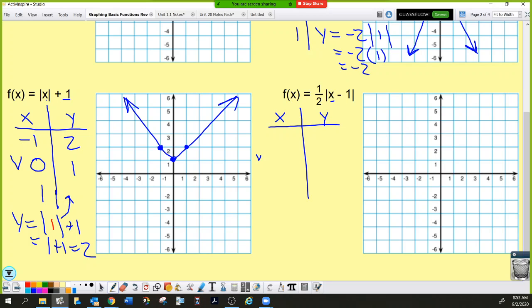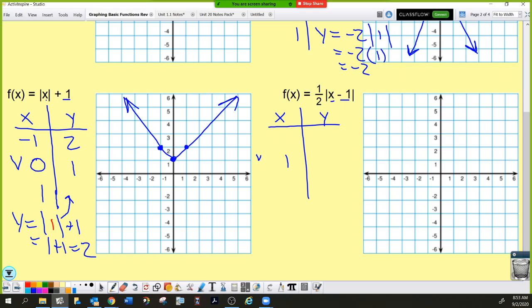If I plug in 0, I'm going to have 0 minus 1. Is that 0? No, it's not. So what would I have to plug in to get a 0 in there? A 1. Basically, you just look at whatever's here and switch the sign. Because it says x minus 1, you would have to plug in a positive 1 to get a 0, because 1 minus 1 is 0. So our vertex is at 1 comma,